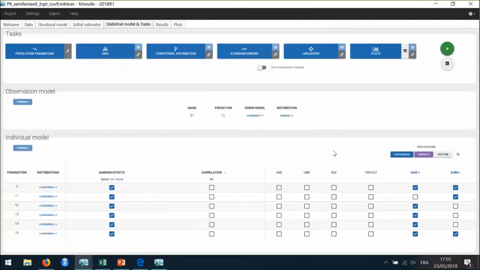The final covariate model includes TH on all parameters except V1 and the mean-centered log transformation of LBM on CL, V1, and V3. And correlations with the covariate sex actually turn out to be all insignificant. This is because sex is also correlated to LBM, as we have seen in the data exploration. So these correlations are taken into account by the inclusion of LBM in the covariate model.